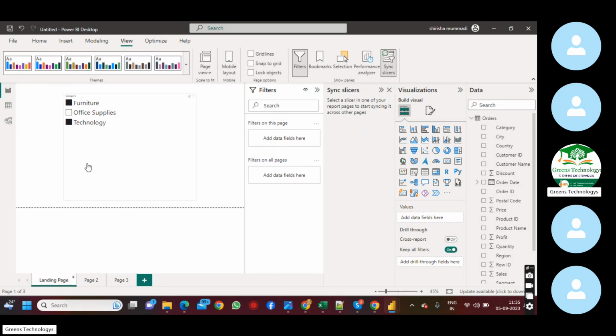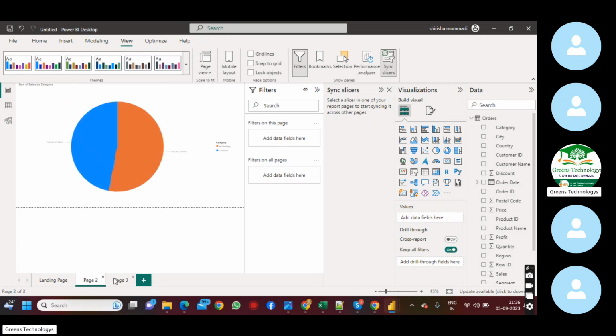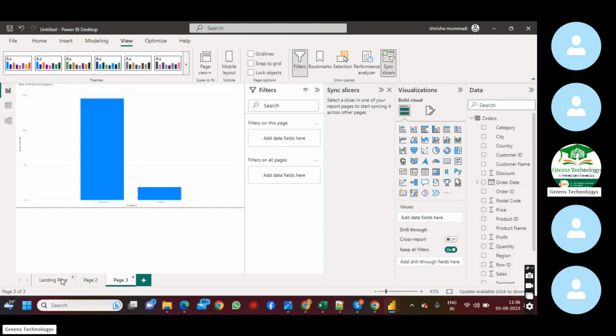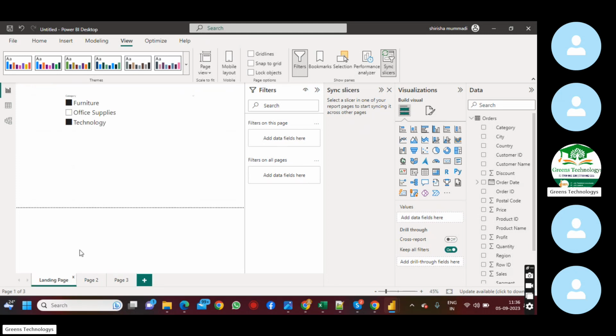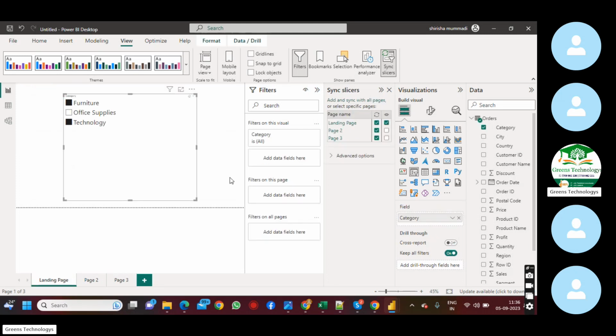Are you getting it now? Based on this selection, the values are passing to the other pages. How is it possible? By using the sync slicers. For example, if I don't want to pass to page 2, I uncheck that. Now, if you select office supplies and want to pass the values,